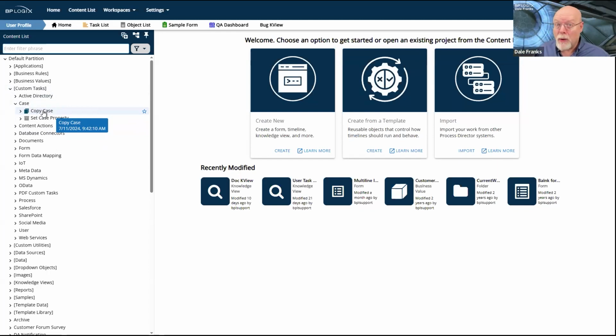So we have to do this text slash file folder location text matching whenever we do the import. So it's very important that all of your custom tasks reside in the exact same place in all of the same partitions. The name when you import your custom tasks will be inside these square brackets. And so you should put it in the root level of your partition, in this case, the default partition.